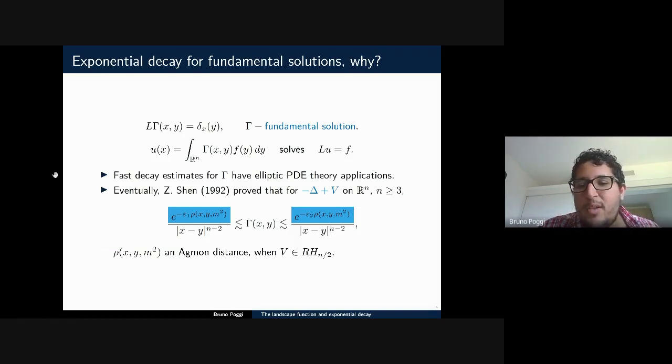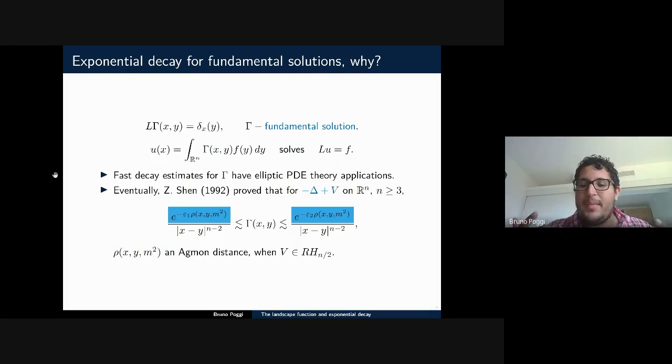The fundamental solution satisfies a representation formula that lets you write any solution to the problem by integration against the fundamental solution. This is sometimes called Green's representation formula, and it's a very useful tool in the study of these elliptic PDEs. But the decay of the fundamental solution is also very interesting on its own, because